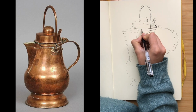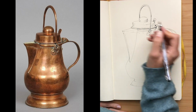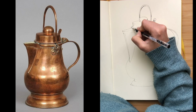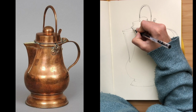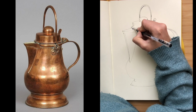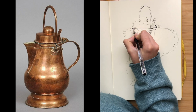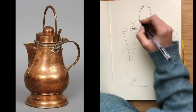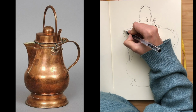But over time, as I said, you will become more accurate with your drawings, and measuring with your eye will become more natural for you. So it's something that you would use to double check yourself, even when you are using specific measurements for your drawing. If you're doing a portrait and you really need to measure the features on somebody's face, or